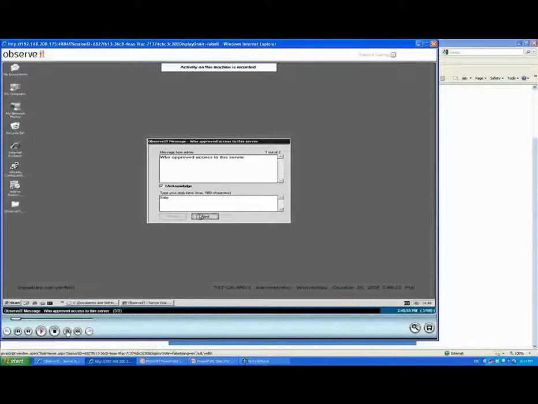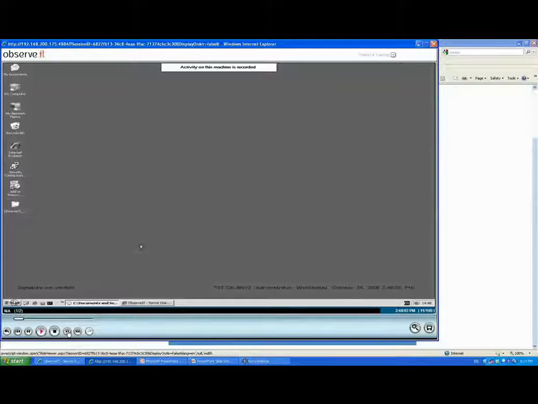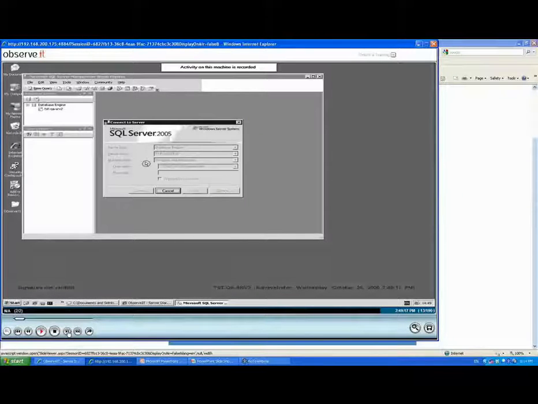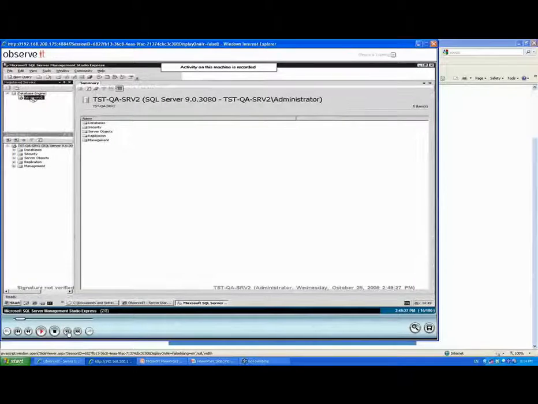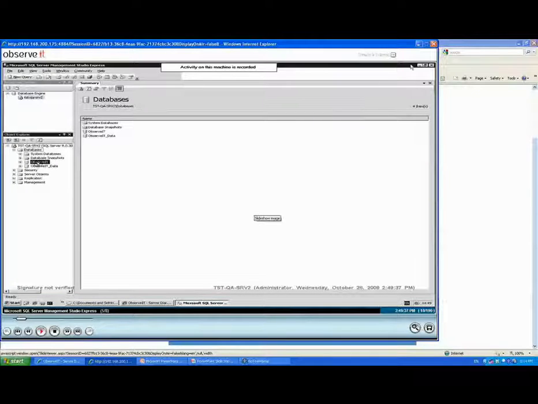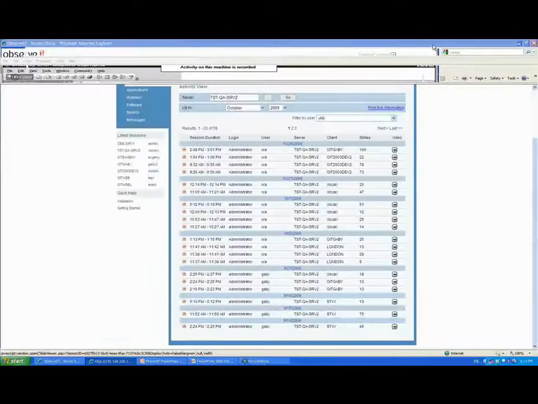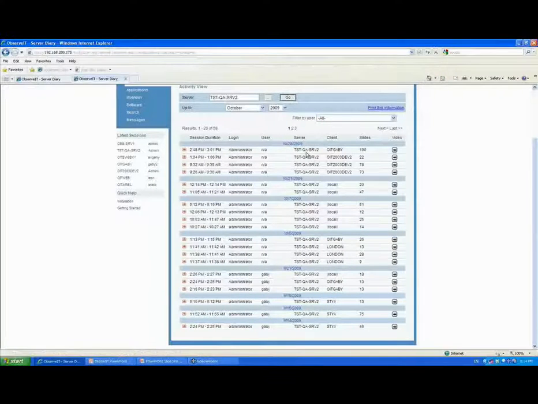In the replay, which is kind of big on this screen, we can move through the user actions, and I'll explain what we see in a moment. We can easily see that the user touched, in this case, the SQL Server Management Studio Express and so on. But the nice thing about ObserveIT is that you do not have to watch the entire video just to know what is going on, because